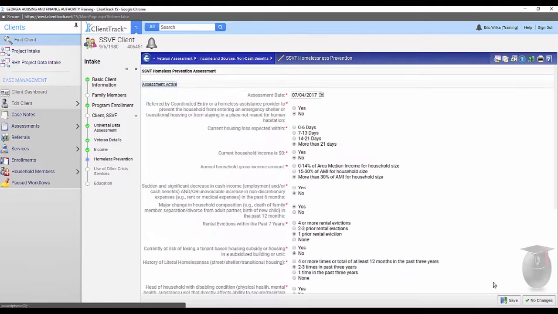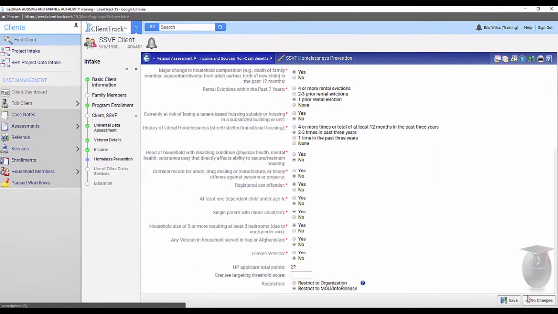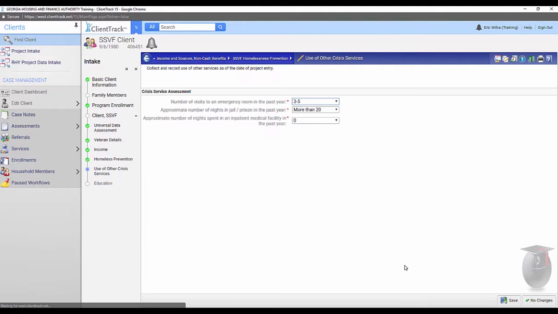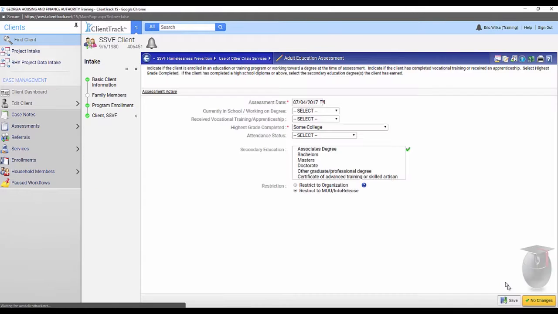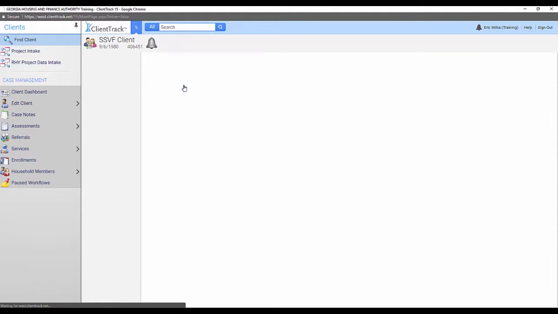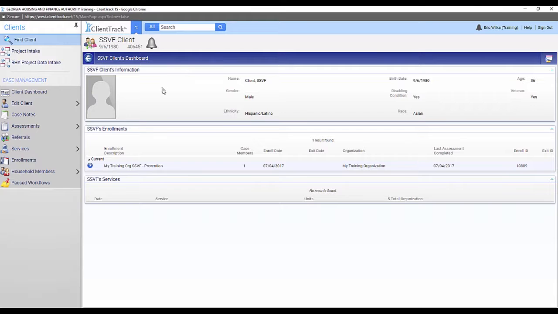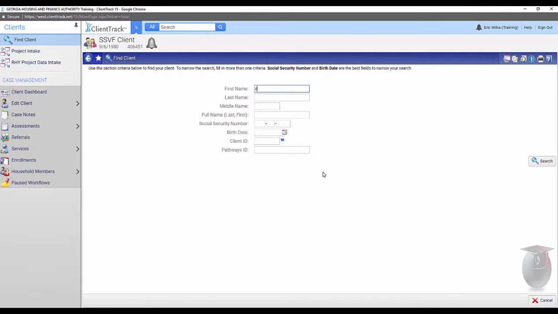If you're entering into prevention, so that's Category 1, you will have your HP targeting criteria assessment that you have to input here. As well as for SSVF, you'll have to input the use of other crisis services. Last, you'll have to input education assessment for your SSVF clients as well. So that's for the VA SSVF projects. If we look at RRH,